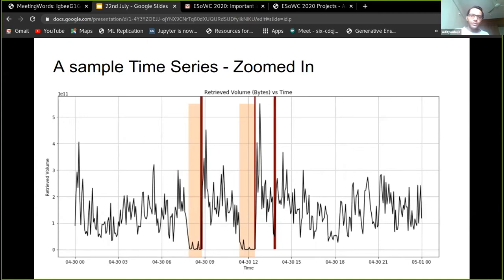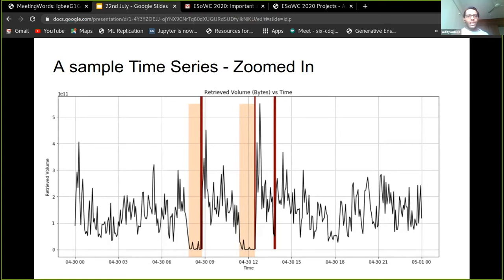And in orange, we have those sets of windows that exhibit the anomalous behavior that we are actually trying to detect. So we have two such regions on this day. And the important thing to notice is that the orange regions, which were originally labeled by us, match the actual downtimes of the Mars server shown in red.